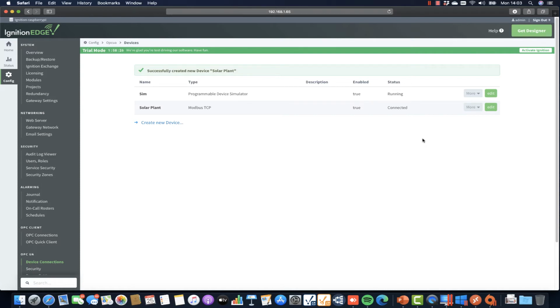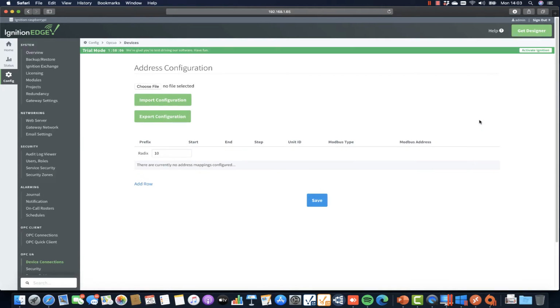Right, now as you know, Modbus is not browsable. It's not a browsable standard where I can just browse the tags and see all the values of the different tags that are available in that Modbus server. But Ignition has a very nice feature where I can go and create aliases for these Modbus tags. So I'm going to create a few aliases here, and I'm going to add a new alias